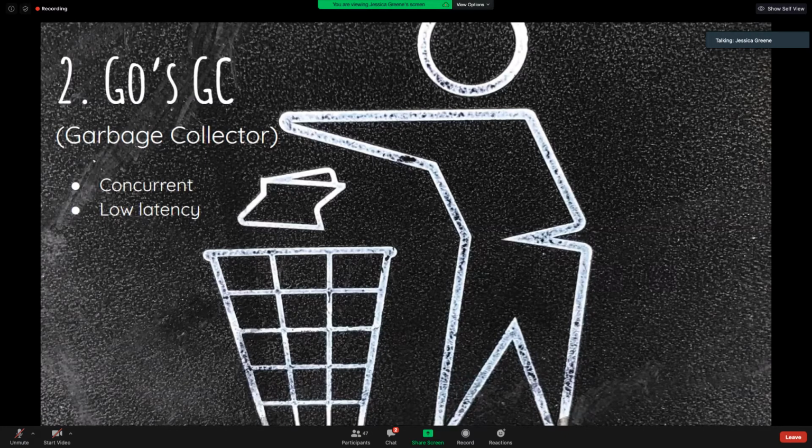They were really looking to have low latency within the garbage collection so that programs were not stopped or prevented from running by garbage collection, or at least for the least amount of time possible. Of course, that's also going to come with its own trade-offs. But I think it's a very conscious decision by the Go team. I'm going to dig a little bit into the benefits of that.